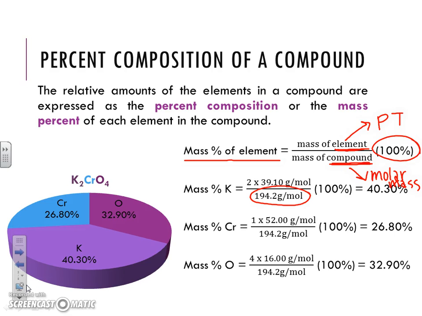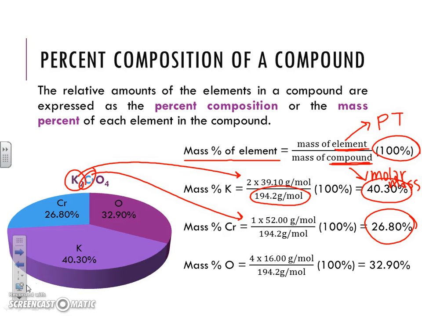And then since we have 2 potassiums in our compound, we're going to multiply by 2 when we insert the molar mass of potassium, and so we'll have 2 times 39.1 divided by 194.2 multiplied by 100 to make it into a percentage, and that gives us 40.30% potassium. Similarly, with chromium, we see that there's only one of them, so we're going to do 1 times the mass of chromium divided by the molar mass of potassium chromate, the compound, multiplied by 100, and we find the